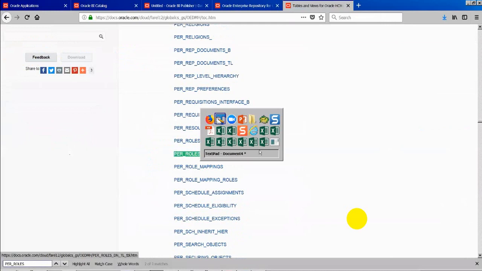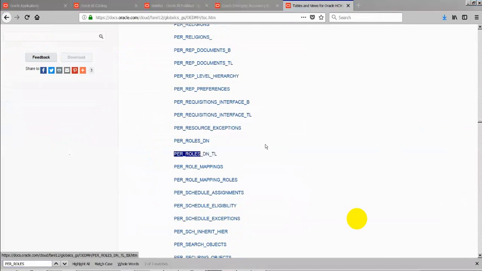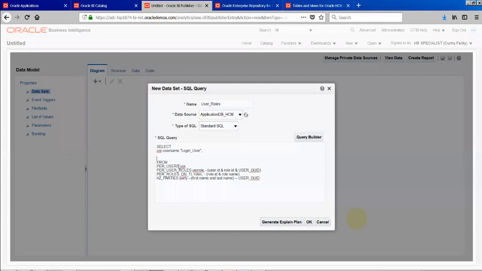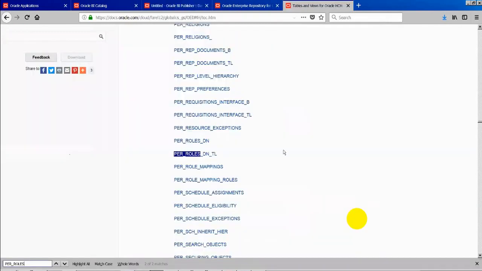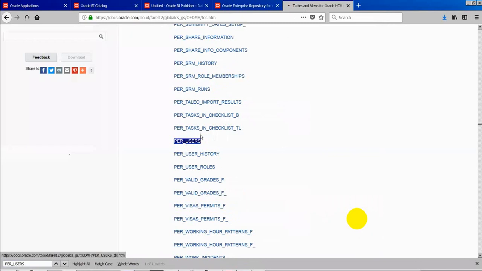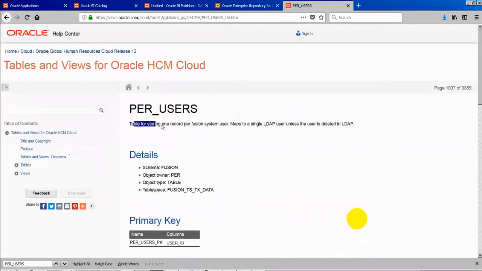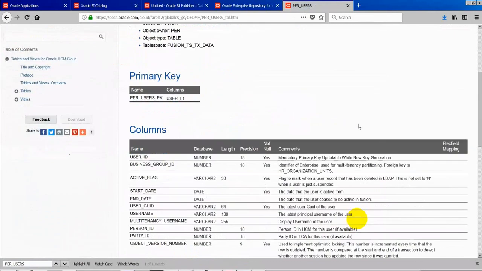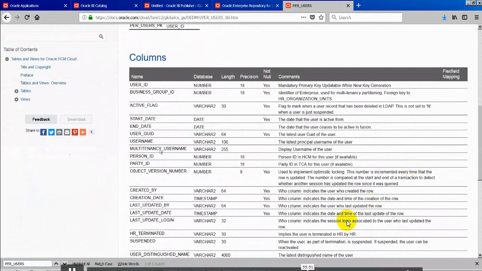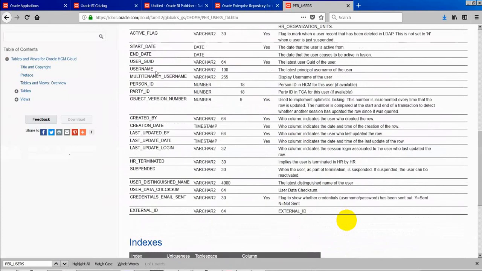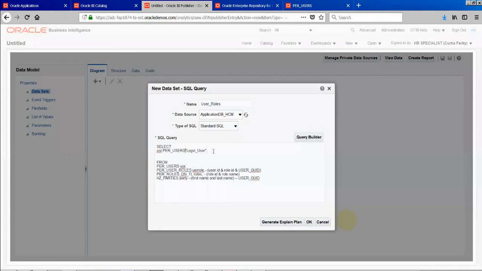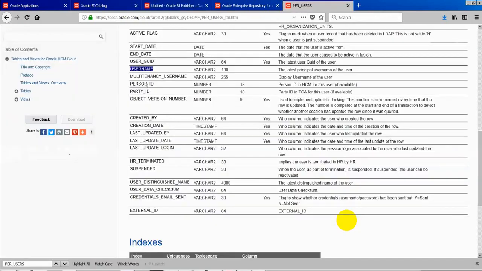What are the tables we defined? PER users table. If you click this table, it says that it is a table for storing one record per Fusion system user, which maps to a single LDAP user unless the user is deleted in the LDAP. So you will have the user ID, and all the information of the table with an explanation for every column name. You can refer to this and use it in our query. That's why I'm using it. Sorry, I will just take the username, copy it, and